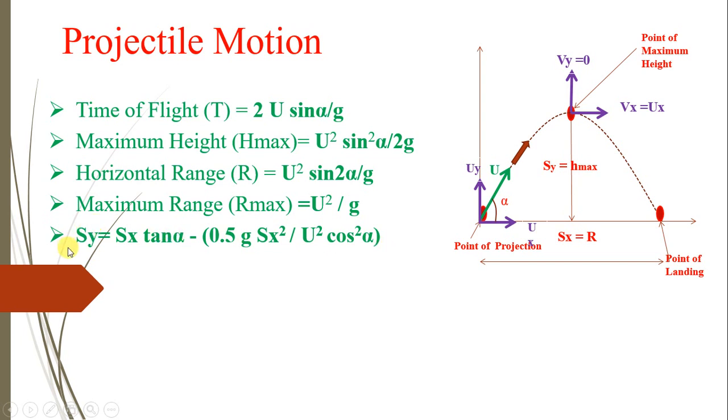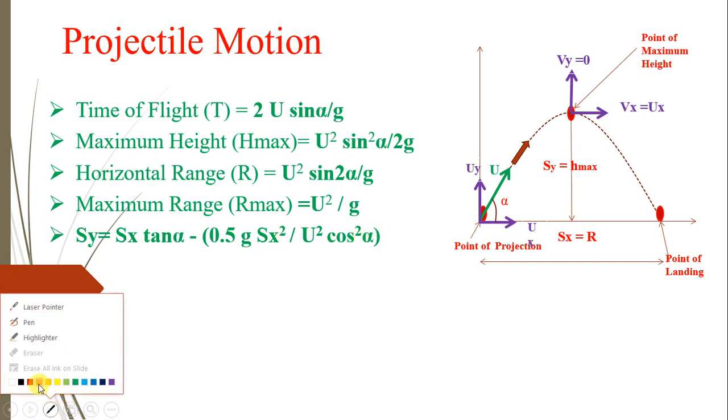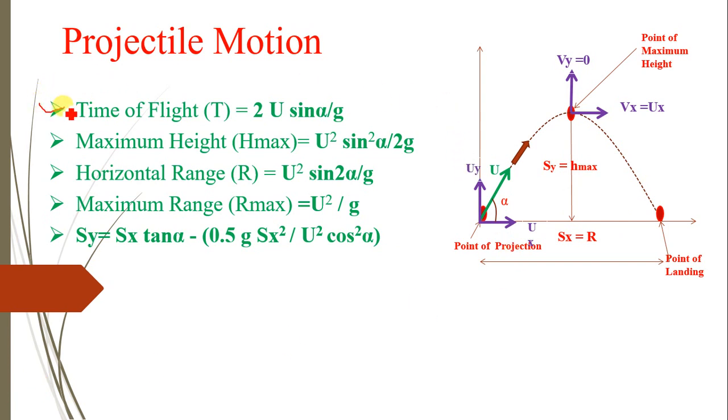This equation is useful to find the different parameters related to projectile motion. When the object moves in both the vertical and horizontal planes, the path followed is the trajectory, and to analyze it, this trajectory equation is useful. When the point of projection and point of landing are at the same level, from the trajectory equation we derive standard formulas to determine the time of flight, the maximum height, the horizontal range and the maximum range r.